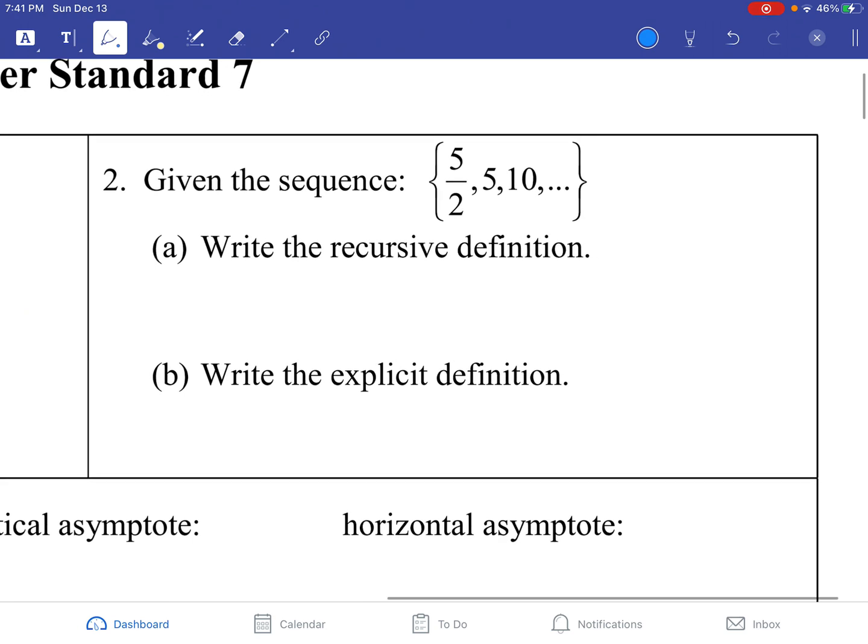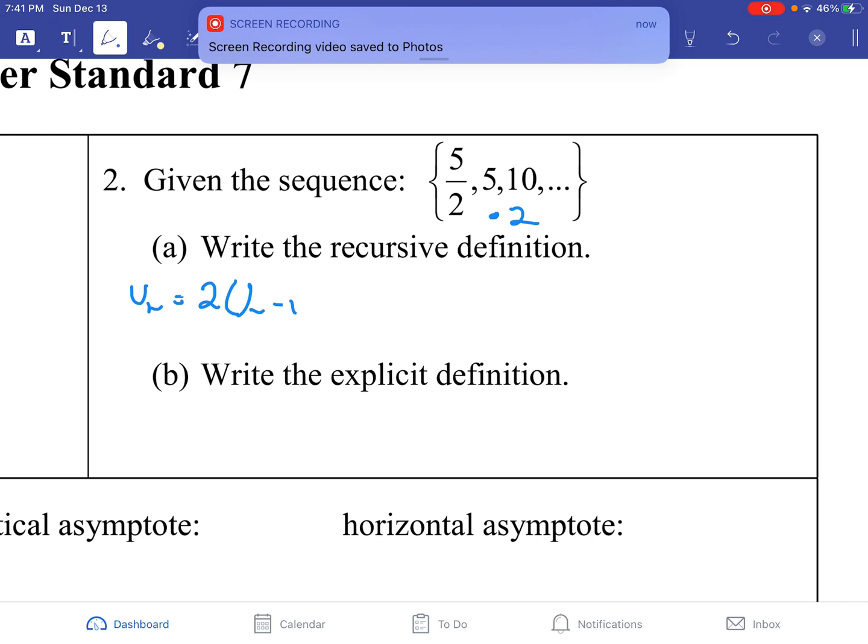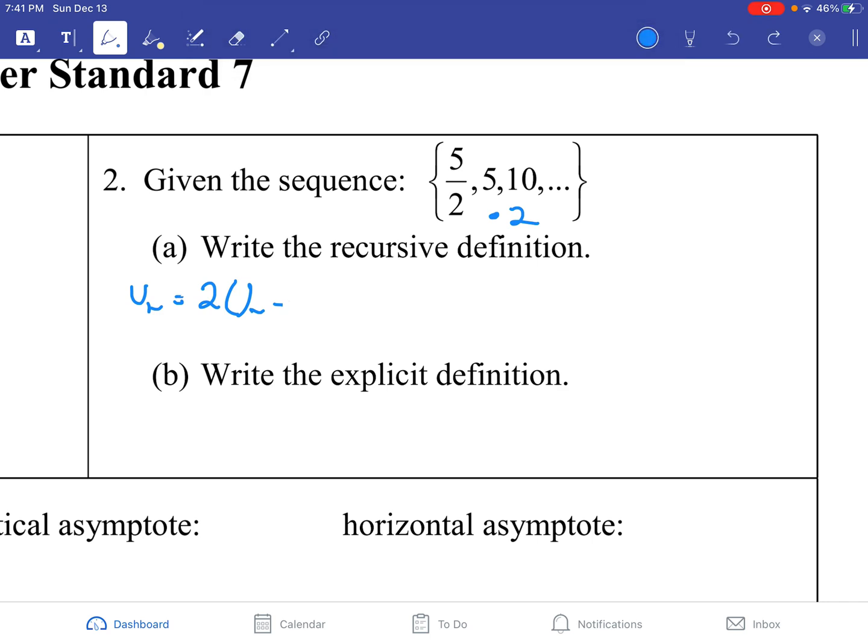All right, next, in this case, we have a sequence. This looks like it's going to be a geometric, and we're going to be multiplying by 2 each time. All right, so our recursive definition is going to be u sub n is equal to 2 times u sub n minus 1. That's a really ugly u, sorry. I've got to change that. U sub n minus 1,